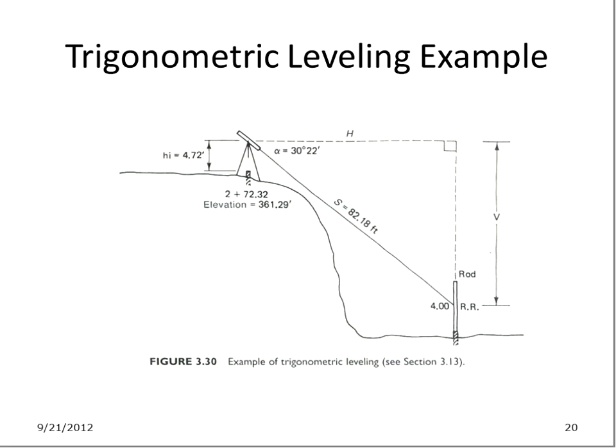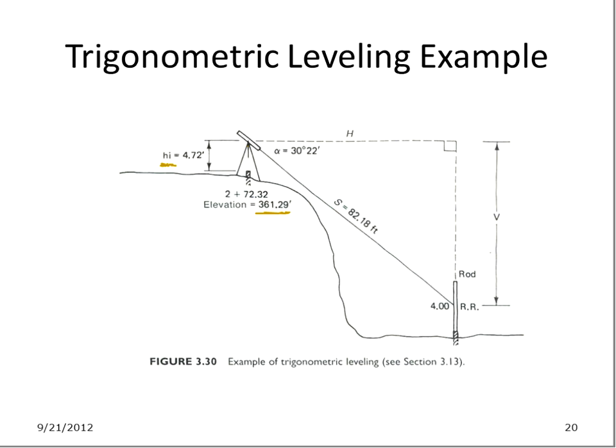Here's the example I was talking about a minute ago, where we're measuring off of the edge of a cliff of some kind, trigonometric leveling. This is the small hi that we were talking about earlier, that I mentioned not to confuse with the capital HI. It represents the height of the center of the instrument from the point over which we're measuring. So if we know this elevation here at this point, 361.29, and we know that the height of our instrument is 4.72,